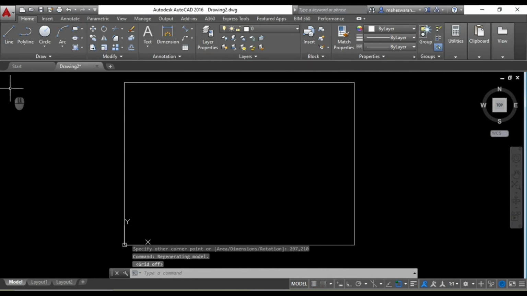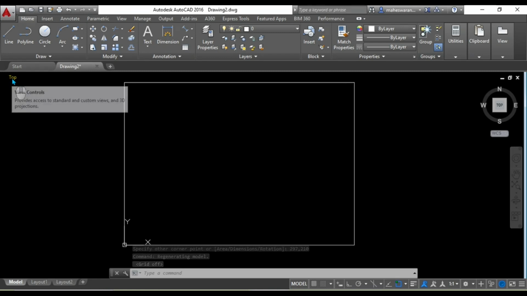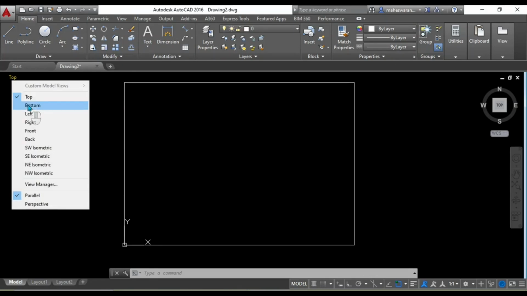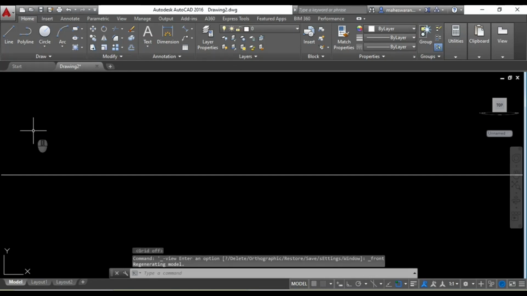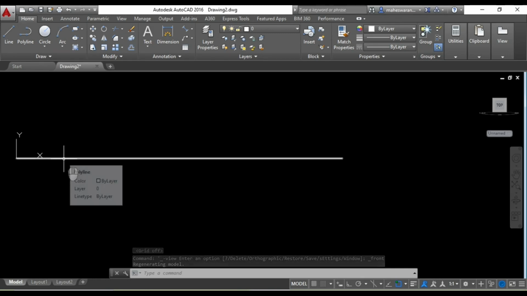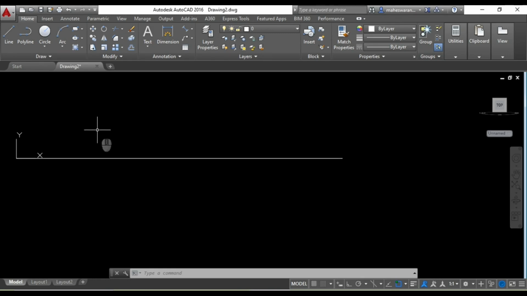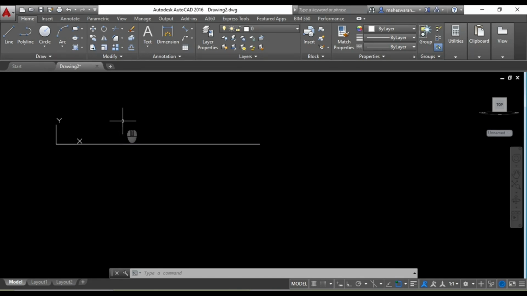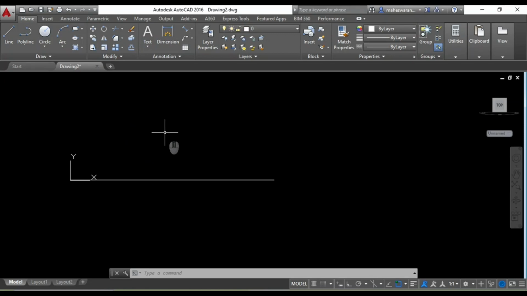Now the view I am working in is the top view. Let me change this. Let me go to front view. Click this. Let me click front. When I go to front, you can see that this rectangle I have drawn has become a line, because since I have changed my view, it is looking like a line. Now let me draw a